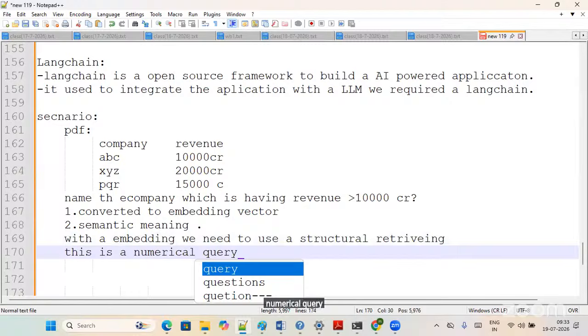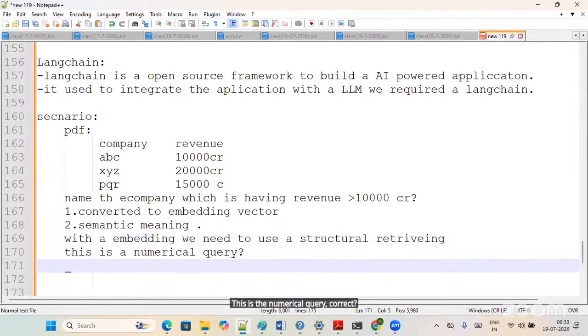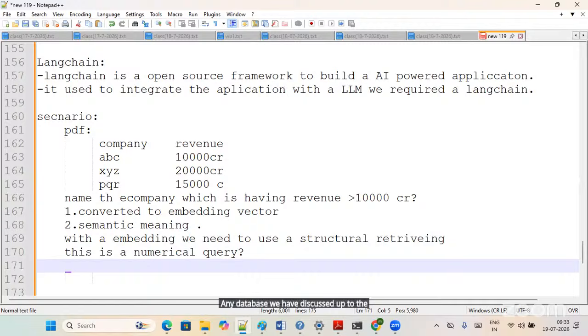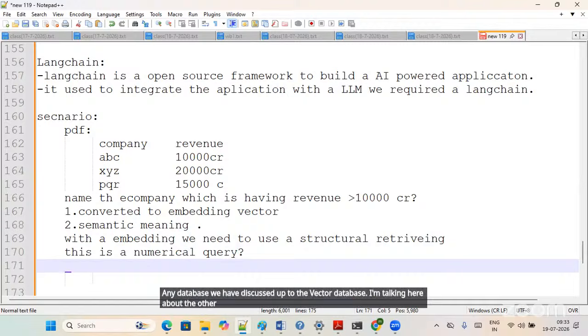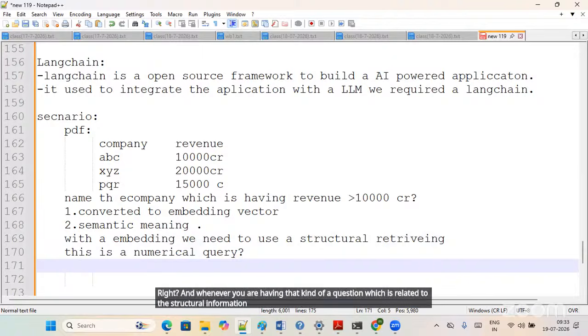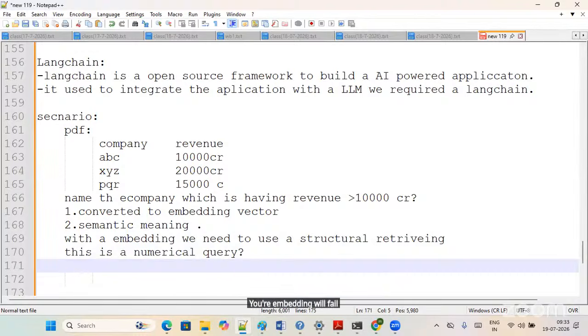This is the numerical query. Correct. So the question was that now that it can communicate directly with any database. We have discussed up to the vector database. I'm talking here about the other database which has structural information, right? Whenever you have a question related to structural information, your embedding will fail, guys. It will not do any kind of comparison here, right? So definitely we are using structural retrieving, and because of the structural retrieving, we are simply writing a query and it is giving me the result,